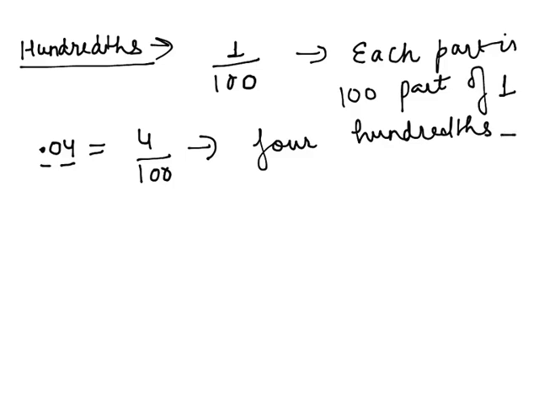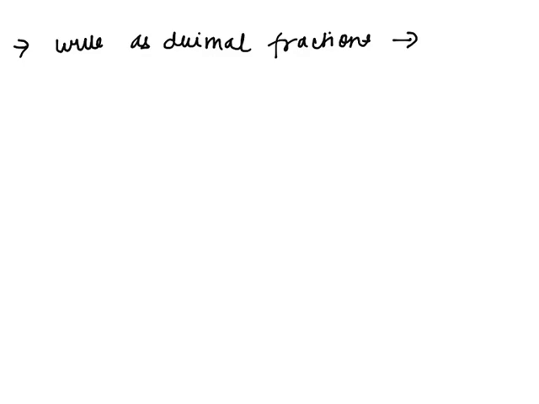So let's take some examples, and in this we will also learn to convert a fraction into a decimal up to the hundredths place, and a decimal into a fraction. So let's start with an example. Here we have to write the decimal fraction for the given number. Suppose we have 54.01. So we have to write it as a fraction.